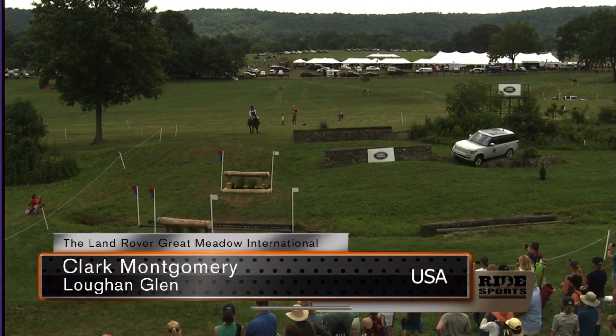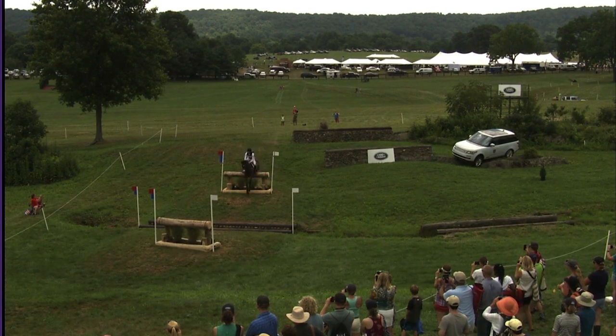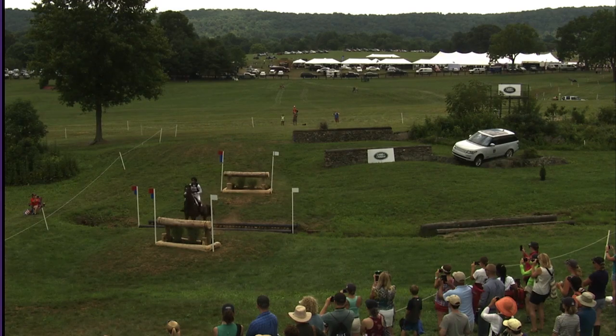Families tend to stay in the business. Clark Montgomery, Loughan Glen at the USEA Hollow. This is close to home now for the